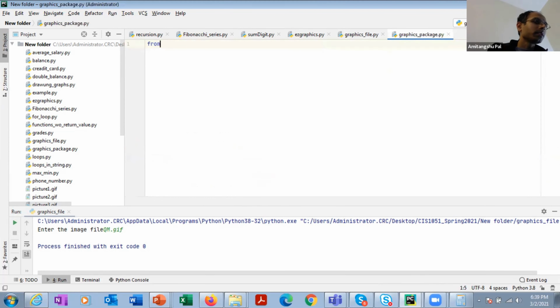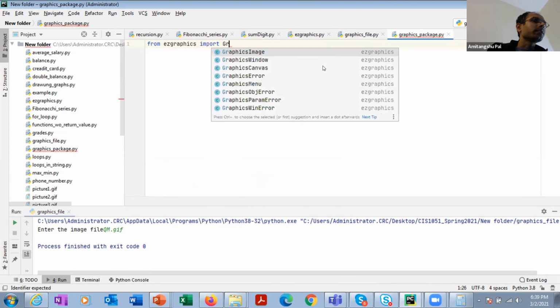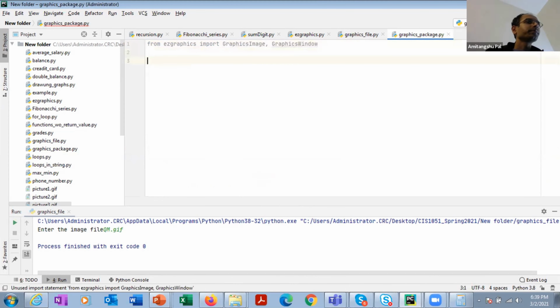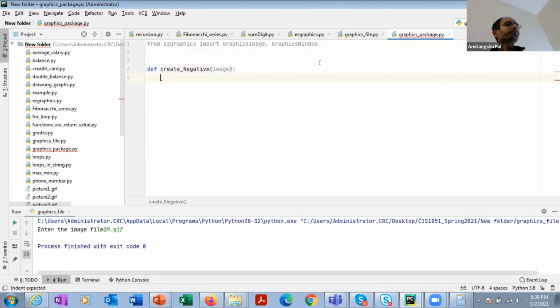So from easygraphics import GraphicsImage and GraphicsWindow, and then I'm going to write a function called, say, create_negative, which is going to take an image, and then it is going to return the negative of the image.